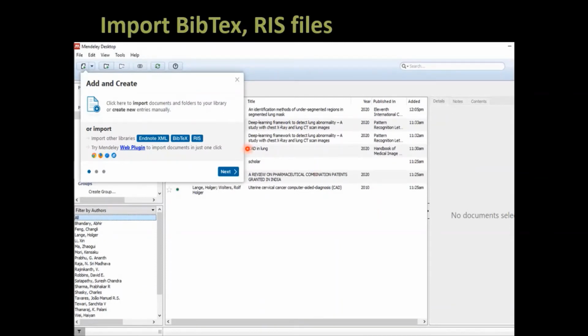Then there is an option for adding or creating, like if you work on Google Scholar and you want to import documents or citations. Those citations should be in EndNote XML form, BibTeX form or RIS form. After clicking next,